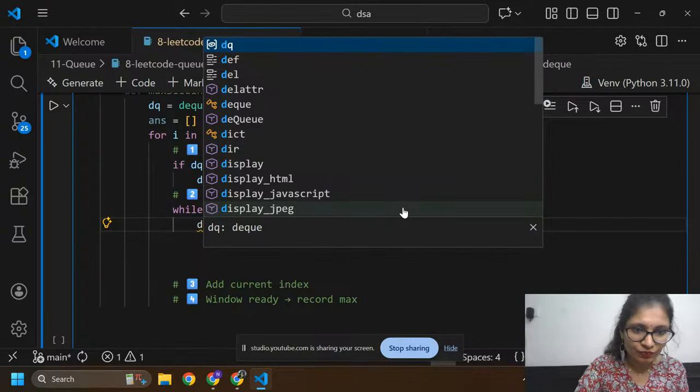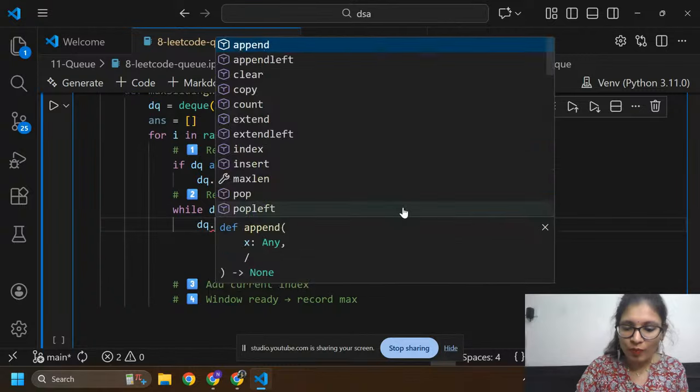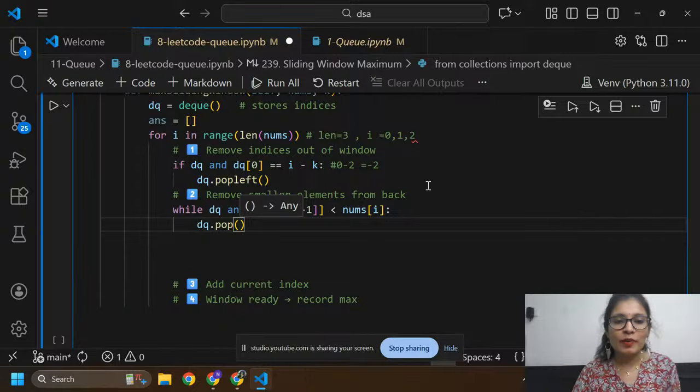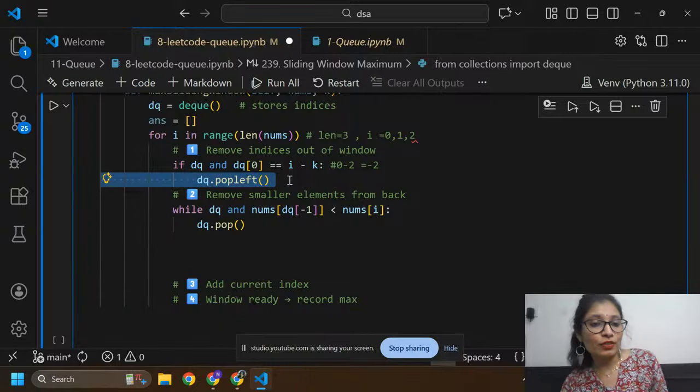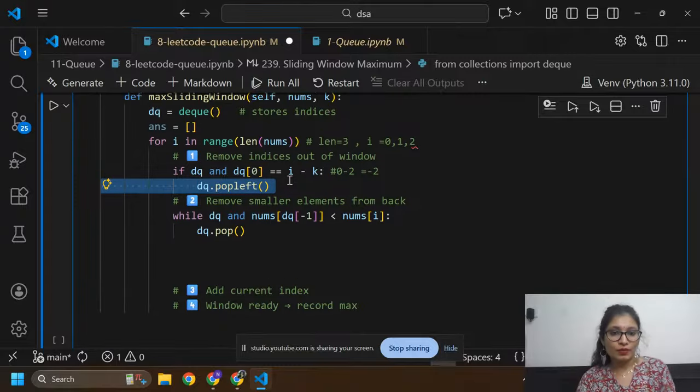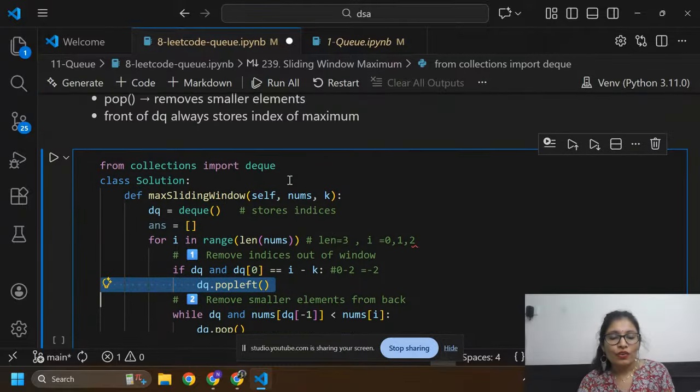dq dot pop. Pop means it will remove the last element, and pop left means it will remove the first element. Okay, so